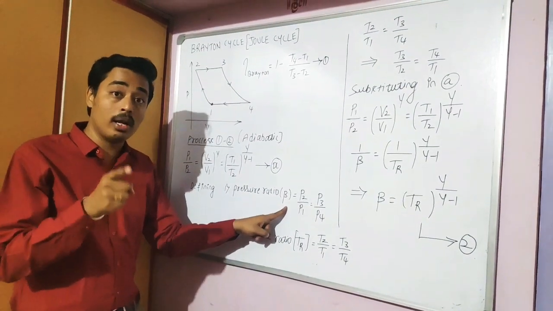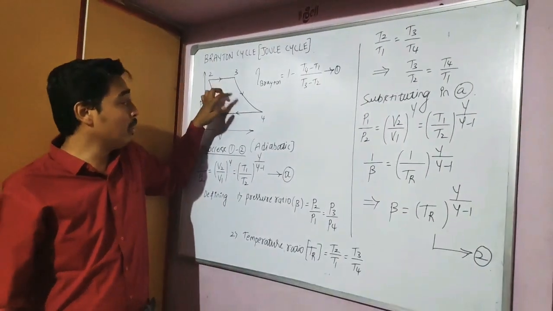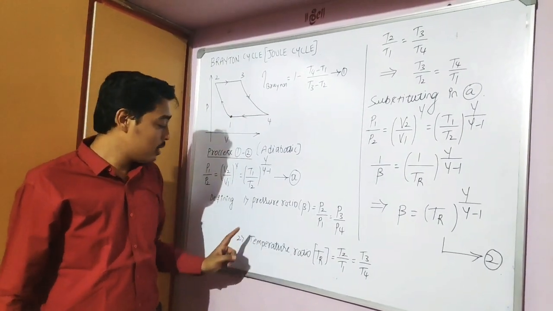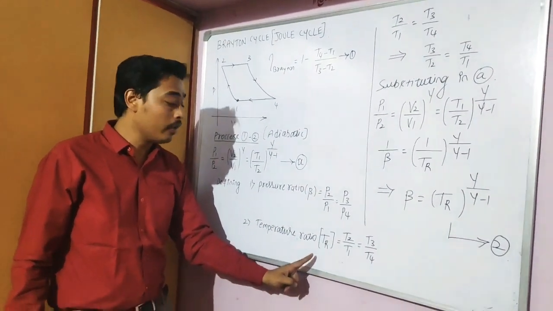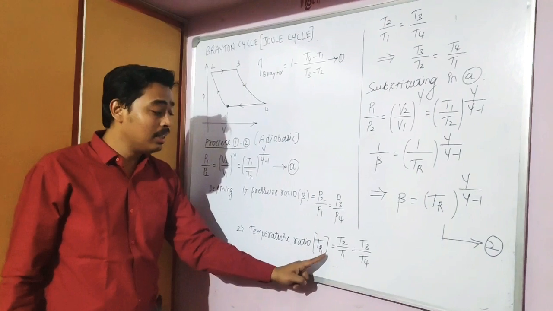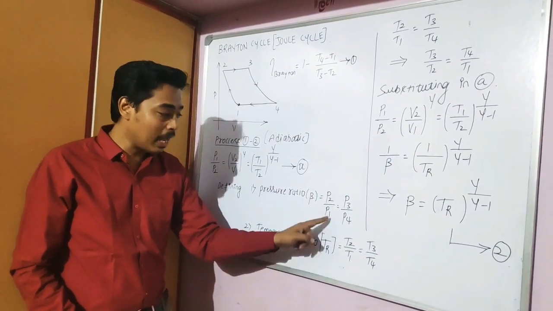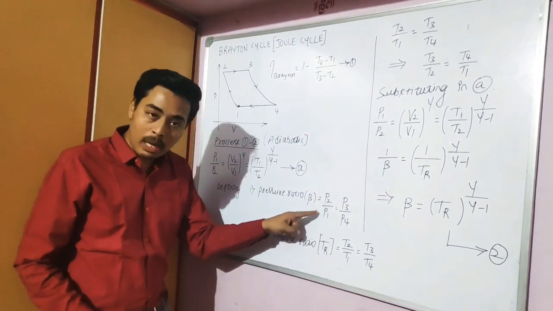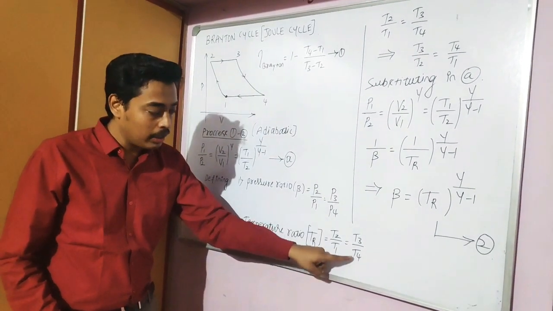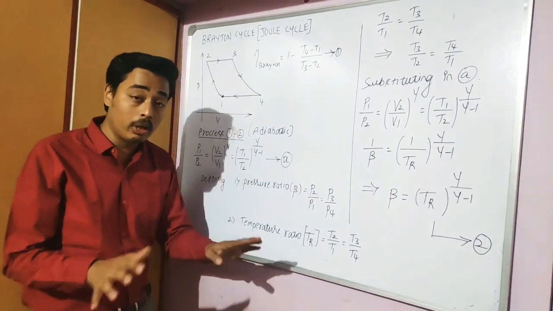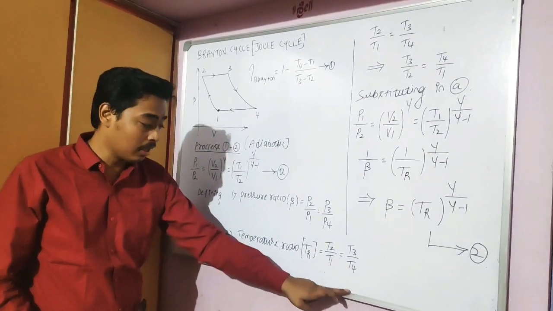So as in case of dual and diesel cycle, here also the pressure ratio is nothing but P2 by P1 or P3 by P4. Similarly, the second main parameter we are defining is the temperature ratio. We are indicating this as T suffix R. That is equal to, same as, no need to confuse here, P2 by P1, here it is T2 by T1. Here it is P3 by P4, the temperature ratio is T3 by T4. So no need to confuse here. So T2 by T1 is equal to T3 by T4. That is given as the